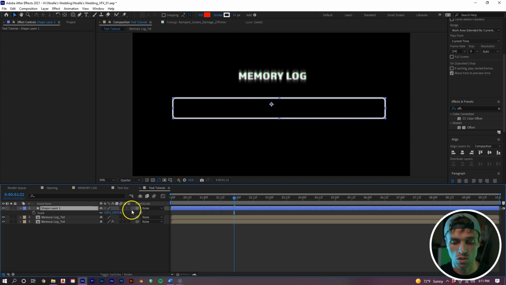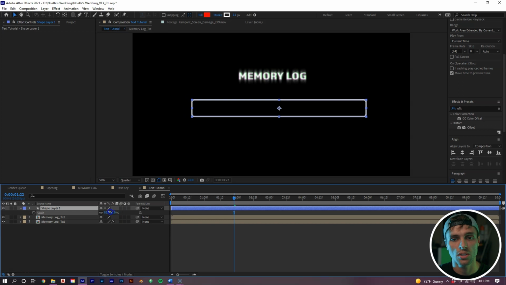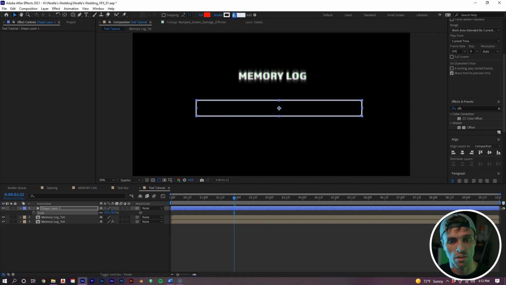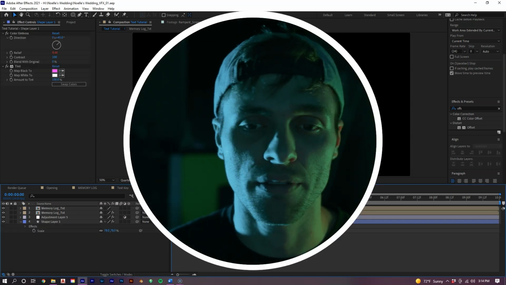And I want to Control-Alt-Home to bring the anchor point in the middle of it, and then I'm going to scale it down just a little bit. I'm actually going to bring the stroke up to 13 instead. So for this shape and other shapes that we're creating in this tutorial, we're going to be adding the same exact effects that we did to the memory log text, so I'm not going to go through that again, but that's what I'm about to do. And after I applied all these effects,